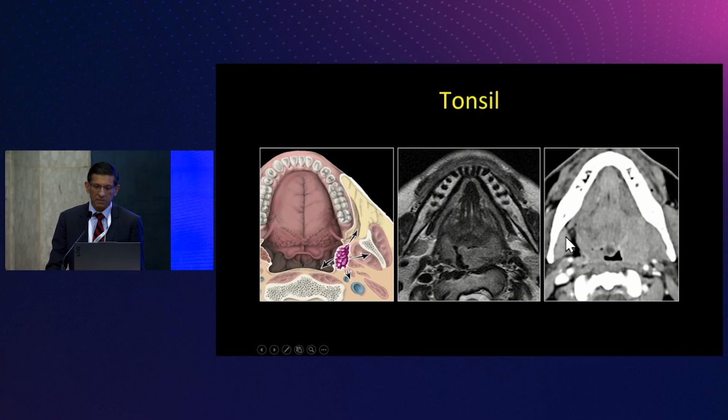If you look closely, what's this muscle right here? This is the medial pterygoid muscle. Notice how this tumor is abutting the medial pterygoid muscle. If you look anteriorly, look at my nice tiger stripes. I've got gray, I've got black, I've got gray, I've got black, I've got gray. Look on the opposite side. This is all completely obliterated. All this tumor is extending anteriorly. So both of these have tonsillar carcinomas, but the things that I include in my report in this case is that I will tell the surgeon there's a left tonsillar carcinoma, there's deep extension into the parapharyngeal space, it's indistinguishable from the medial pterygoid muscle, and it's growing anteriorly such that it's abutting the posterior aspect of that mylohyoid muscle.